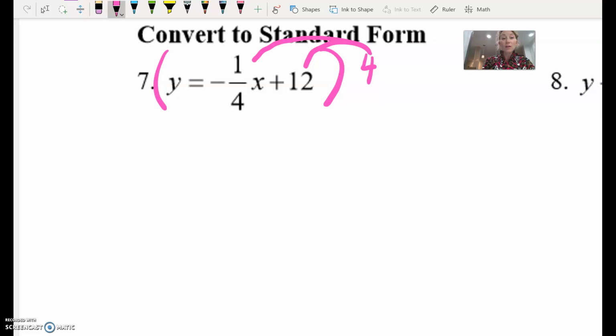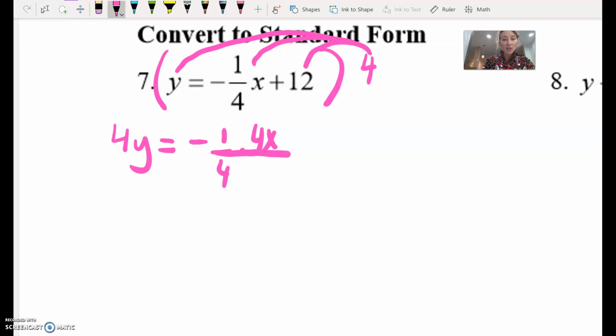Everything. Every single part. So 4 times y, 4y, equals -1/4 times 4x. So we'll make that into one big fraction, plus 12 times 4. Okay. So I'm going to get rid of that 1 here because it was 1 times